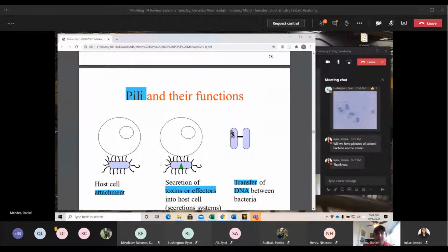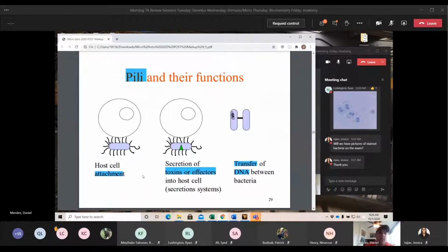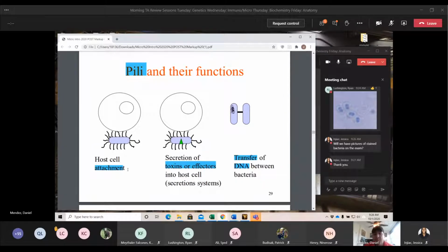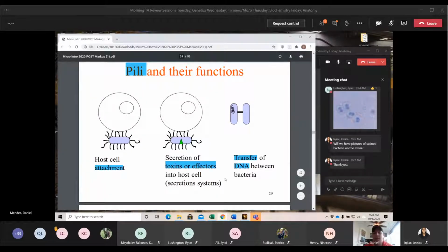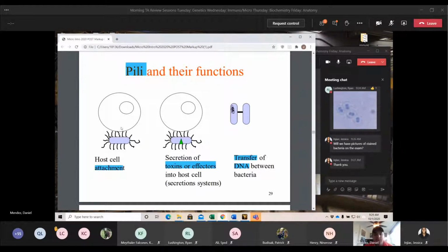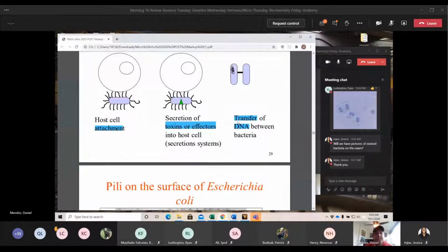All right, some of the functions of pili are very important to note. Pili are used in attachment. They're also used in secreting toxins. And the big one, they're used for transferring DNA. This is something we're going to talk about later in conjugation. Here we have 3 different main functions of the pili. Make sure you know these and their purpose. Attachment becomes more important later when we talk about pathogenesis, and that attachment will then lead to secretion of certain toxins, and also to transfer of bacterial DNA.